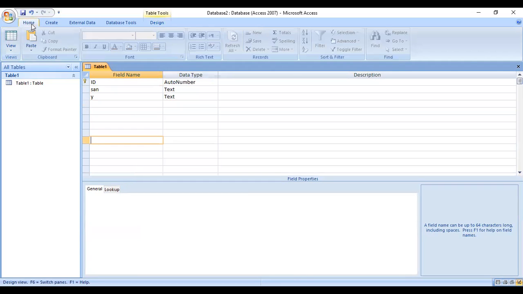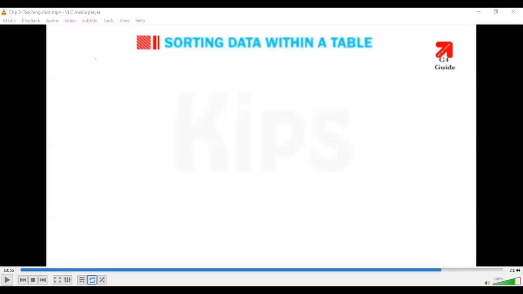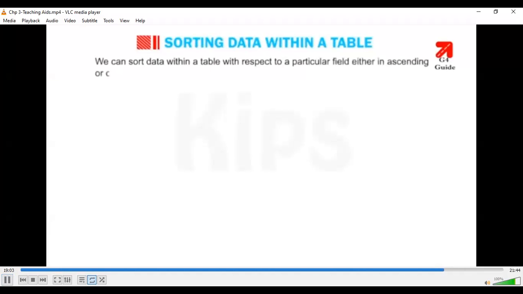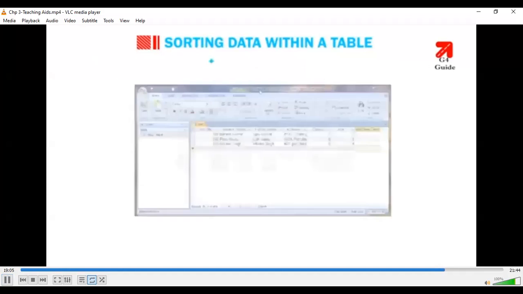How to sort data. So let's see a small video on how to sort data to understand it more. Sorting data. Why is sorting used? It is used to arrange the data either in ascending or descending order, right? Now let's see. We can sort data within a table with respect to a particular field, either in ascending or descending order.